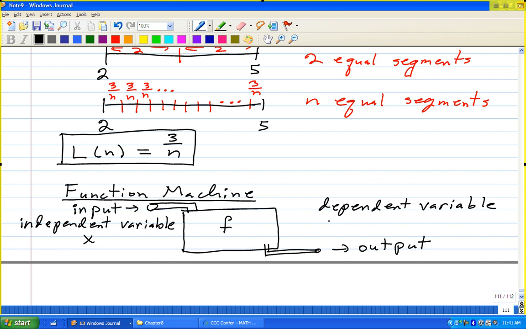We'll usually denote it by Y. And this is a unique output,